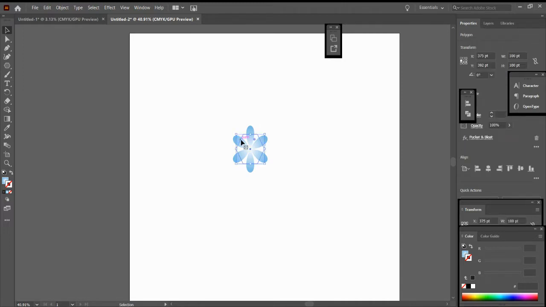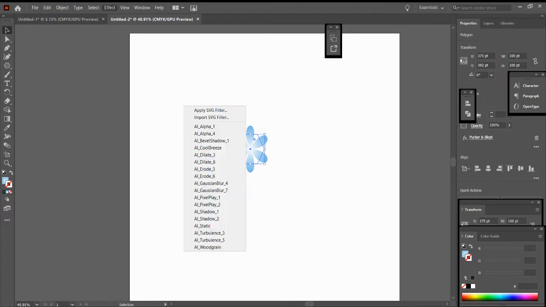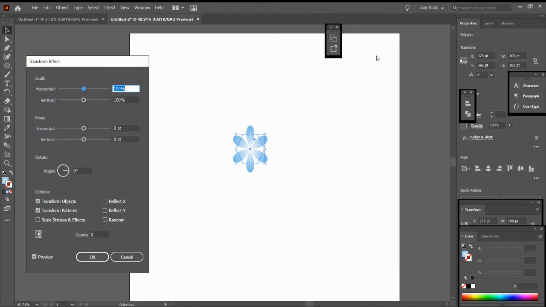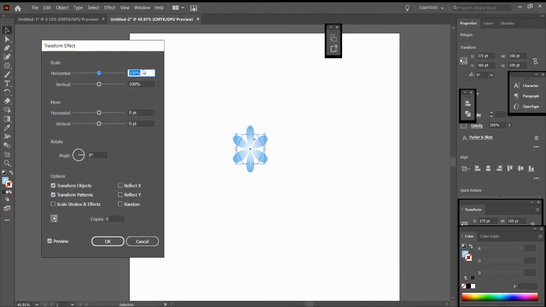And now is the time to do some magic. Go back to effect and click on the same. Now this time we are going to click on transform. As you can see the parameters over here, we have to make some changes to get that effect. You can do a lot of permutations and combinations and get the effect you want. I am doing this just to show you how this will happen. I'm giving an angle of 15 degrees.